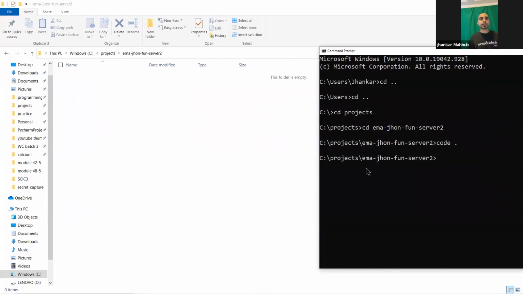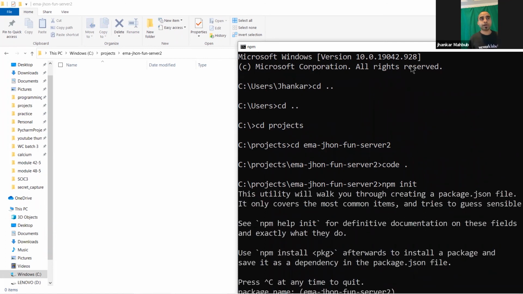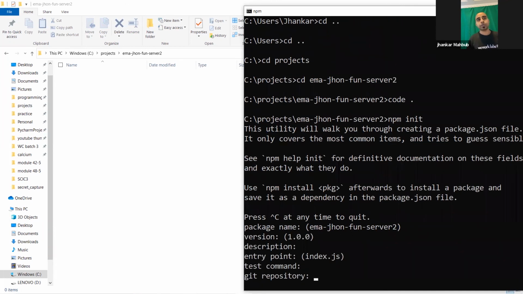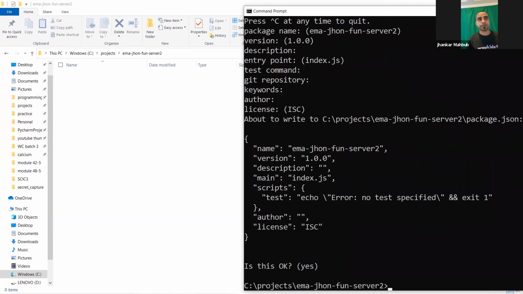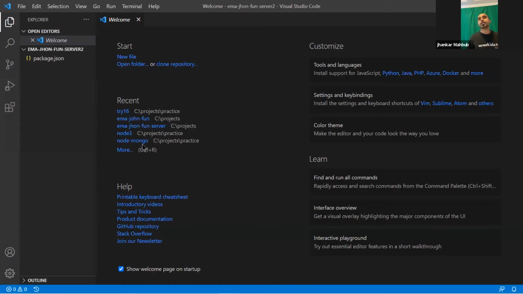If you start creating a project, the first thing you need to do is npm init. This will initialize a server project. It will ask you a bunch of questions, whether you want to change some default name and all these things. In our case, we will just keep the default, and then you'll see a file is created, package.json, and you will see the same thing, package.json.